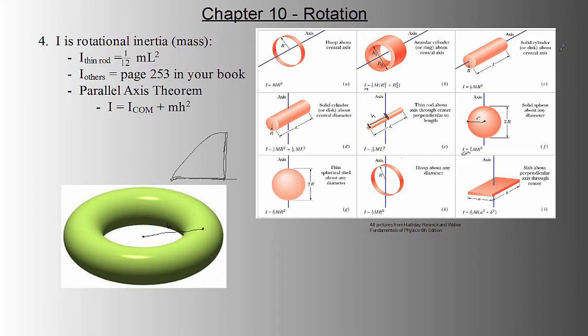Ice skaters do this, right? This is actually more of a topic for the next unit when we talk about angular momentum, but they change their rotational inertia by putting their arms out versus holding their arms close to their body. They can change their rotational inertia and spin differently because of that. But anyway,